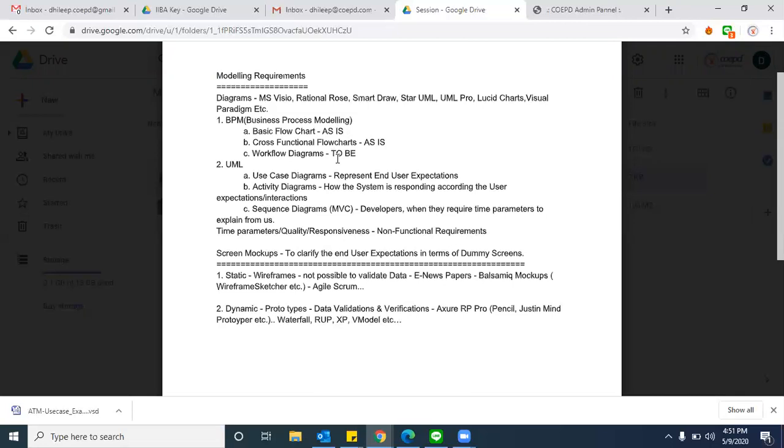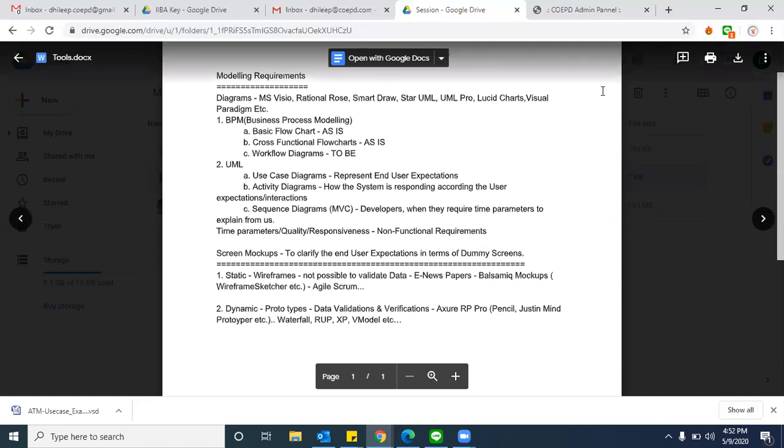And the third one, workflow diagrams, where instead of a normal representation, we can use an effective representation with small icons, PNGs. Is that clear? So either we can use workflow diagrams to define the to be, otherwise straight away we can define use case and activities. Even these two are also explaining the to be process flows only, right or not? The to be system only. Either we can do this or this. But the effective way of representation is always use case and activities, right or not? So that's the reason we are getting into activity and use case diagrams to define the to be processes according to the as is process gaps. Am I clear?